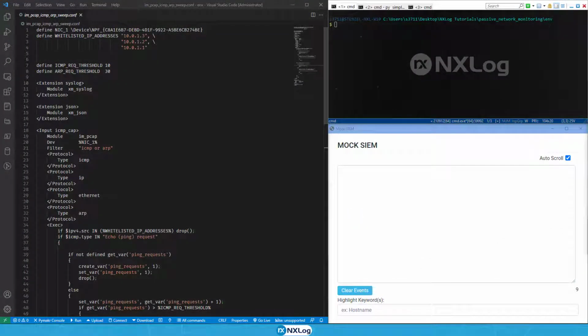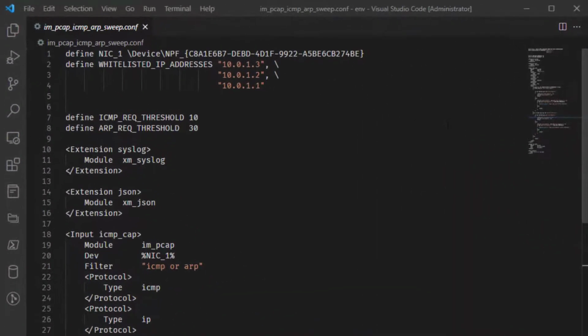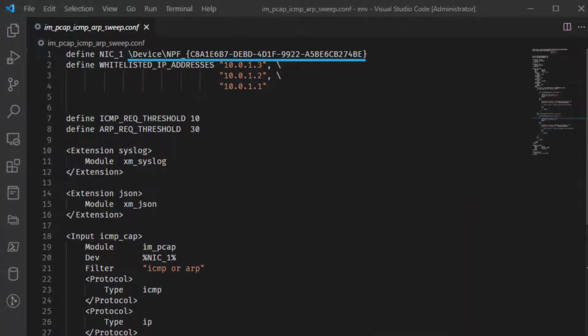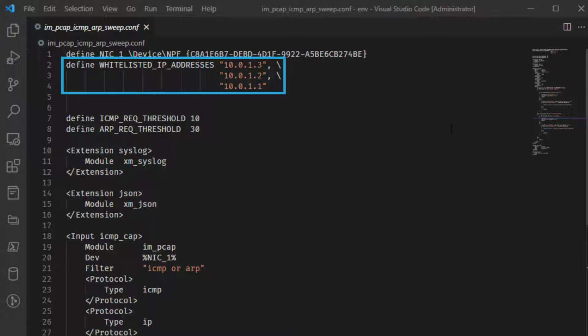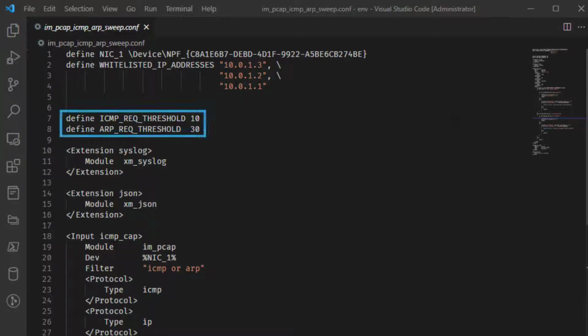I am going to configure NXLog Enterprise Edition using the IMPCAP module to send events to my mock SIEM when there is unusual ARP or ICMP activity on the network. In this configuration, I have again defined the interface at the top of the configuration. I have also defined several IP addresses that will be whitelisted and allowed to produce unusual or high network-related ARP and ICMP-related traffic. Lastly, I have defined two values which will be the ARP request and ICMP request maximum allowed